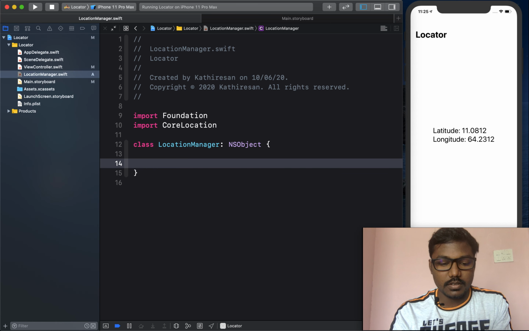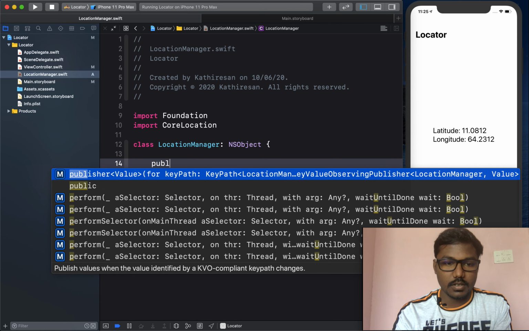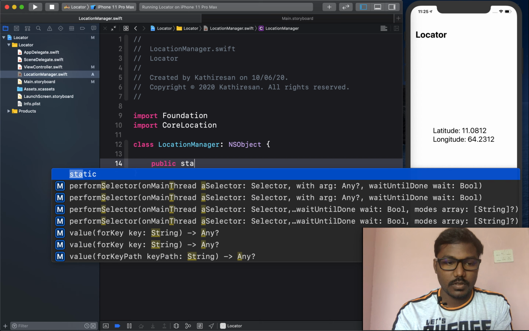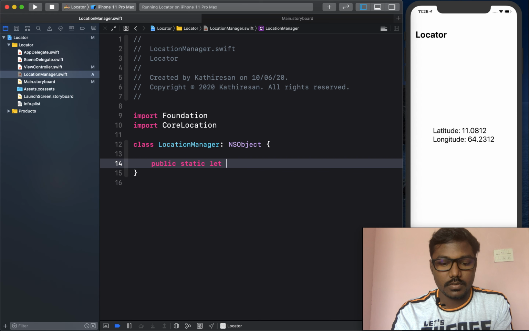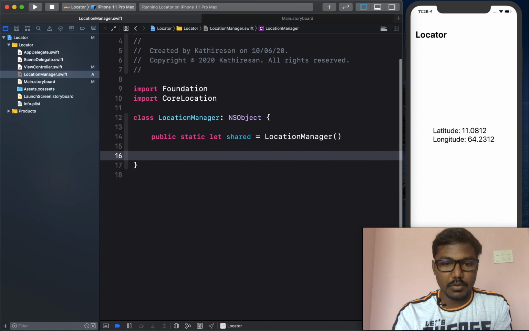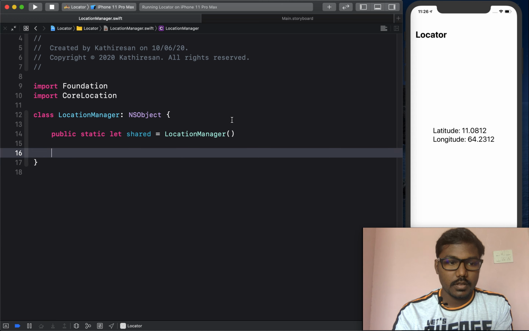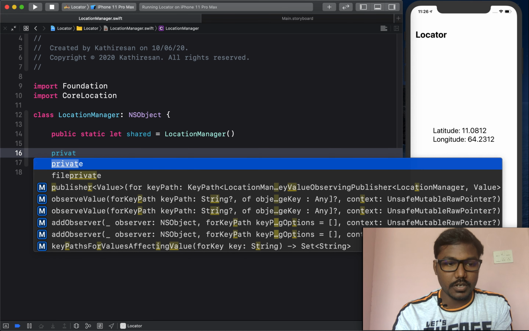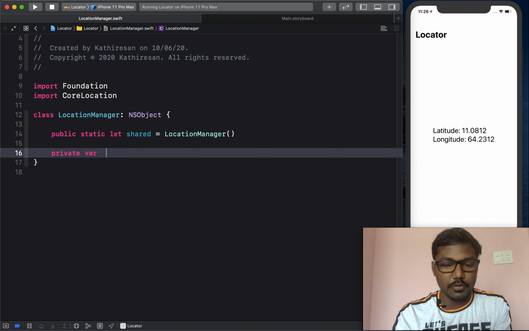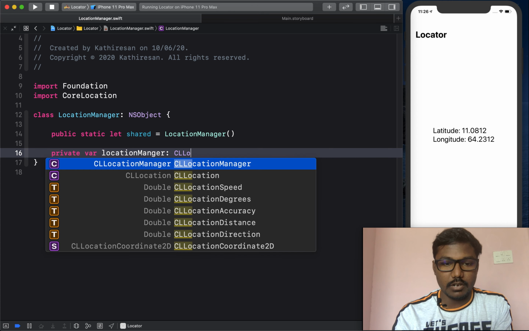Here I am creating the shared instance: public static let shared equal to LocationManager. Then I am creating a private variable for the location manager equal to, this is nothing but a CLLocationManager.